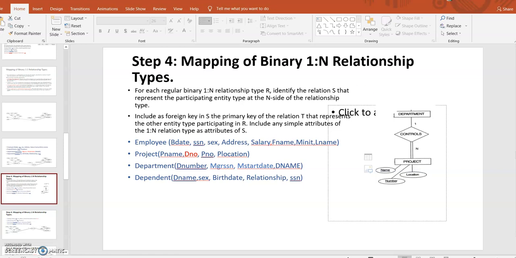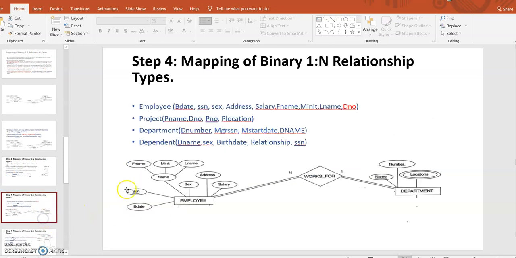So this project is added with the department number. Next, mapping of 1:n relationship works for. Works for is another relationship with the department, one to many. So many side is employee side, one side is department. So we can put the primary key of department, that is department number, into employee.